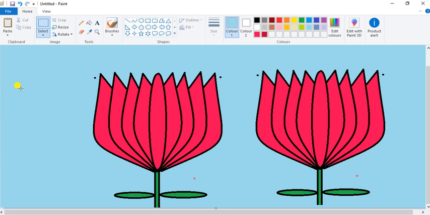Okay, all of you post your lotus in the Microsoft Teams computer group. Okay, understood everyone? And practice. Okay, thank you.